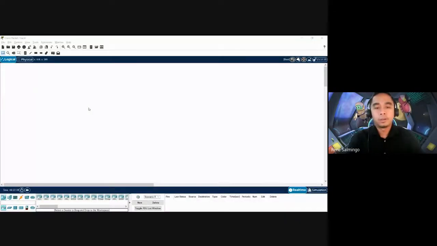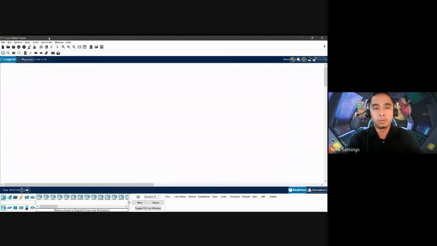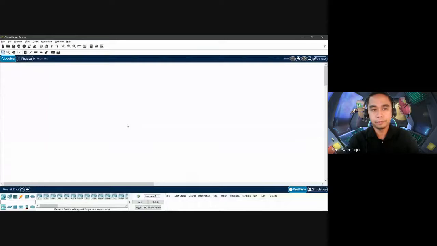Now, yesterday, you were allowed 3 months use of Packet Tracer so that you will not have to log in all the time. It will ask you for the username and password, but you allow them to have a